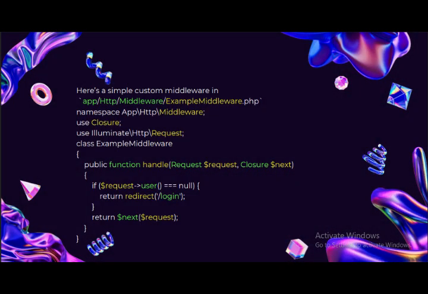Here's a simple custom middleware in app/Http/Middleware/ExampleMiddleware.php. namespace App\Http\Middleware; use Closure; use Illuminate\Http\Request; class ExampleMiddleware, public function handle(Request $request, Closure $next). If the request has no user, redirect to login, otherwise return $next($request). In Laravel 12, you add middleware in bootstrap/app.php, like this. ->withMiddleware(function (Middleware $middleware) { $middleware->web(append: [ExampleMiddleware::class]); })